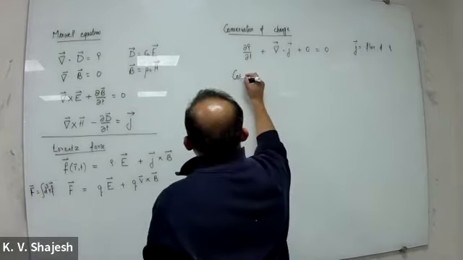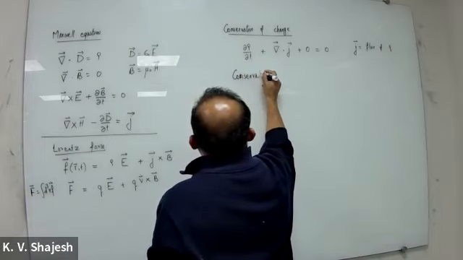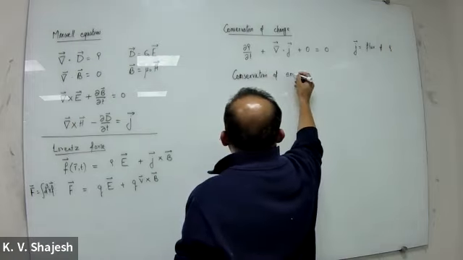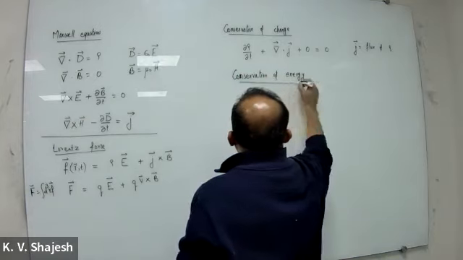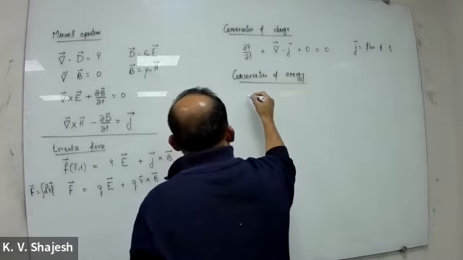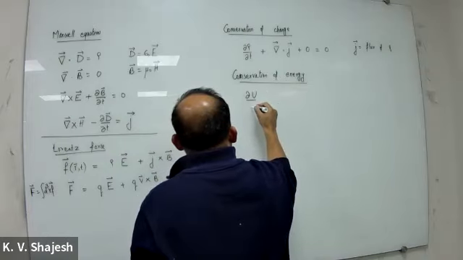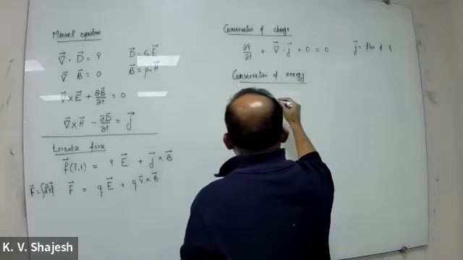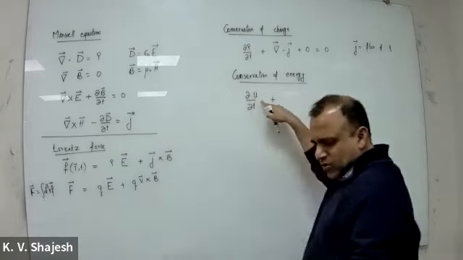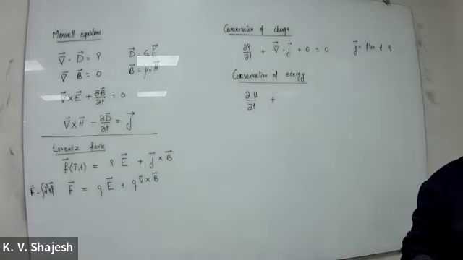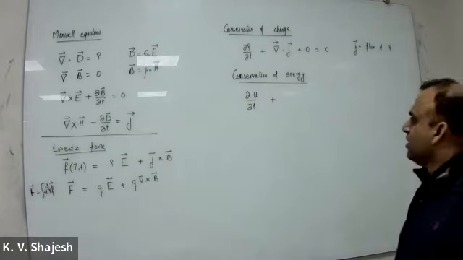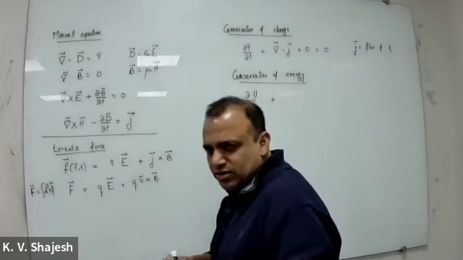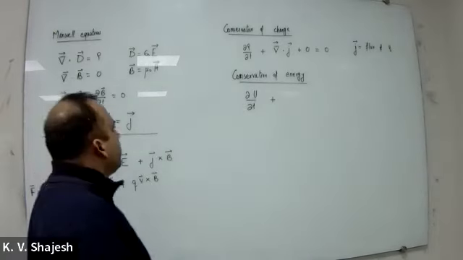We then talked about conservation of energy, right? And that tells you that the change in energy density, say u, plus... I use small u here, but in your homework, there's a good chance that it might be capital U, so be careful with whatever notation is being used. Maybe I'll keep the capital U. I think in your homework, you use capital U. So, plus,